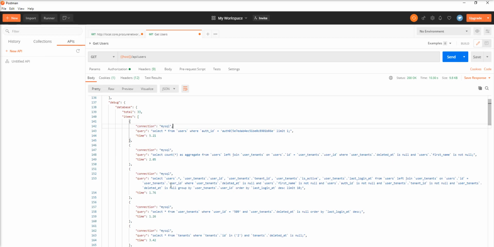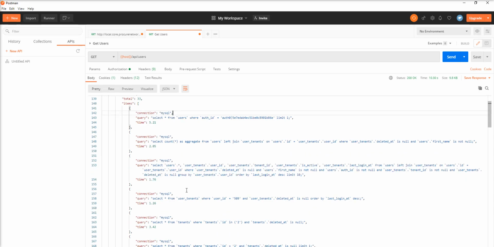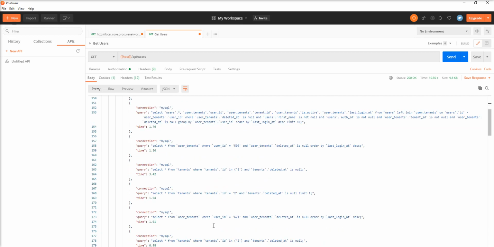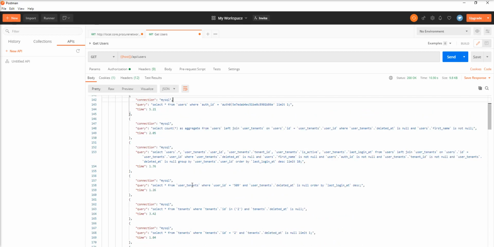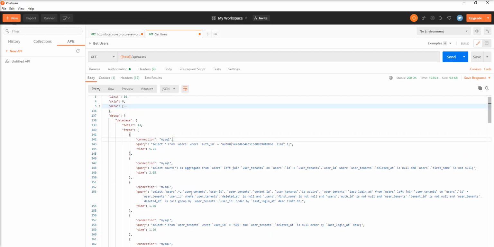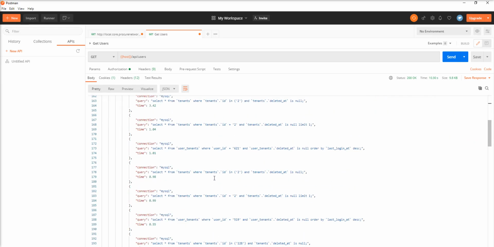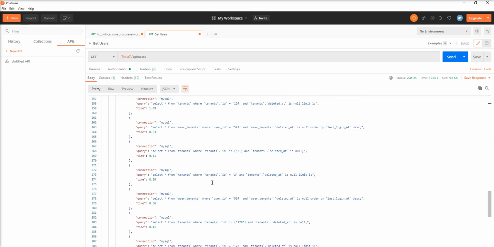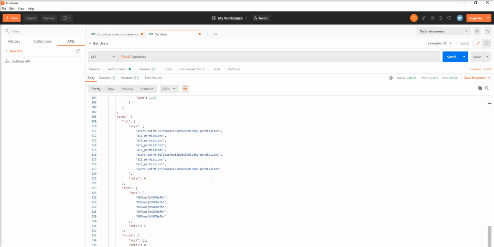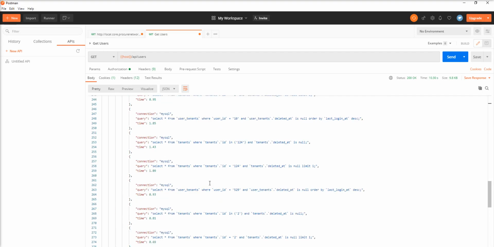So now what I do here, I will check all the queries which are fired in duplicate, and I try to reduce the calls to the database. Also I check the execution and try to reduce the time of the API.